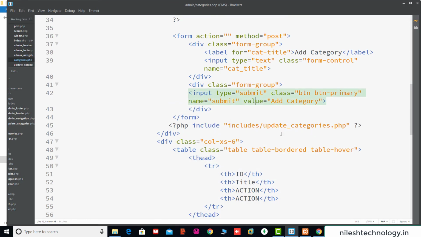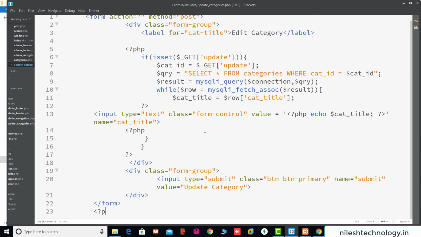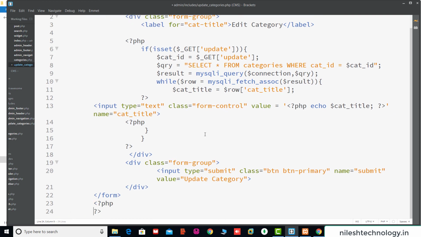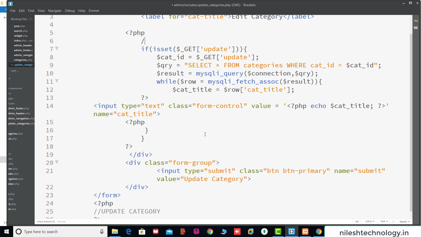So see here, going to this update category section. So after closing the form, here we add one more script for the update. So this script name is update category, and this name is get category name.